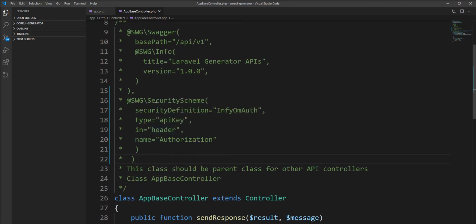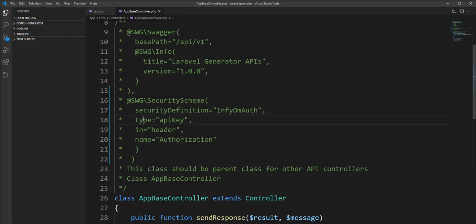Here is the Swagger annotation of the security scheme. You need to specify @SWG\SecurityScheme. You need to specify 4 parameters. For the security definition, I specified here InfyomAuth. You can take your own name.